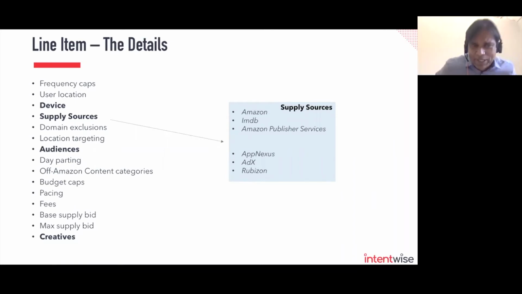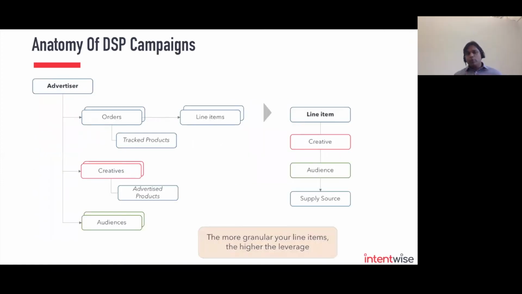So that's what happens at a line item level. But what you end up with, right, is this view: a bunch of orders under which are defined line items. And under each line item is this combination of creative, audience, supply source. And from an execution standpoint, just FYI, like with